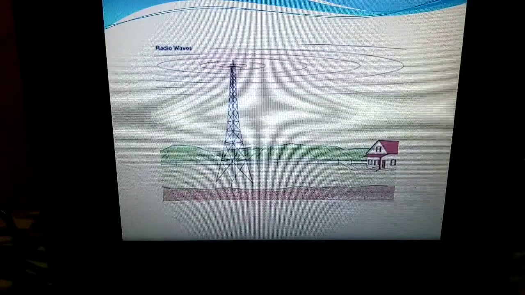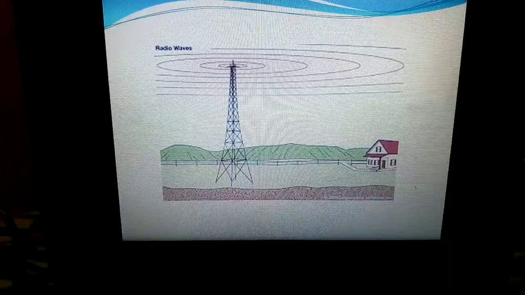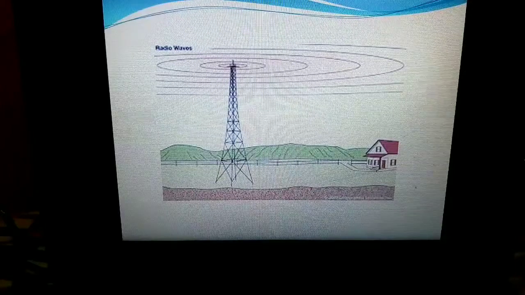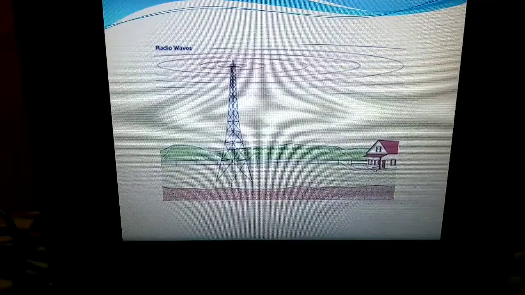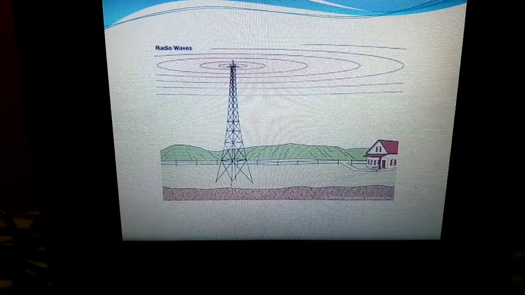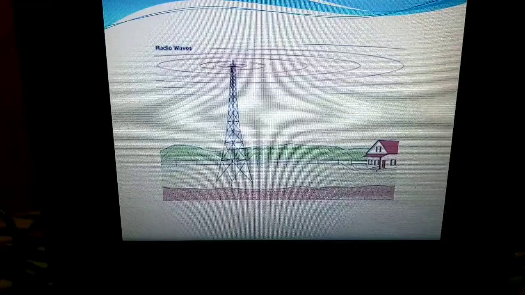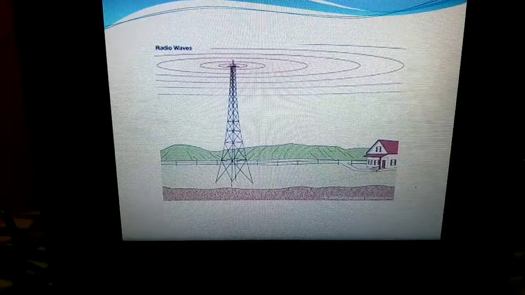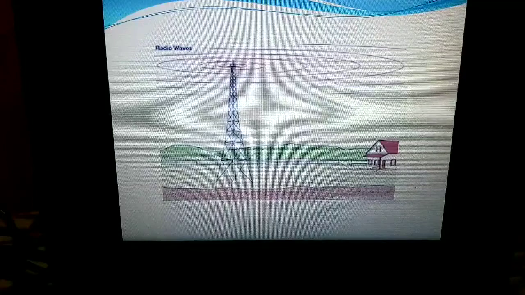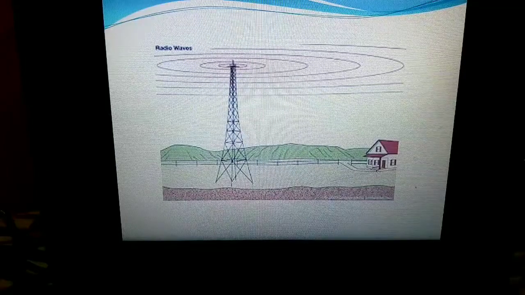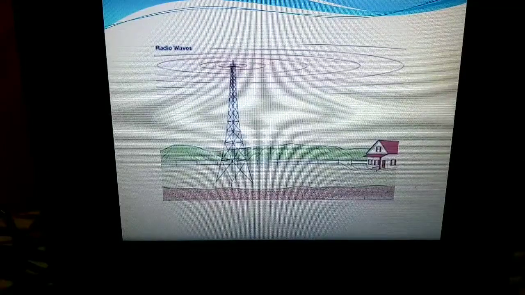One more advantage of radio waves is it offers communication over difficult terrain. Difficult terrain means it offers communication in remote areas. Even if you belong to rural areas, you are able to experience the radio signals, isn't it? You can hear the radio though you don't have the TV cable. That's what I already explained. So it provides communication over difficult terrain in case of remote areas.